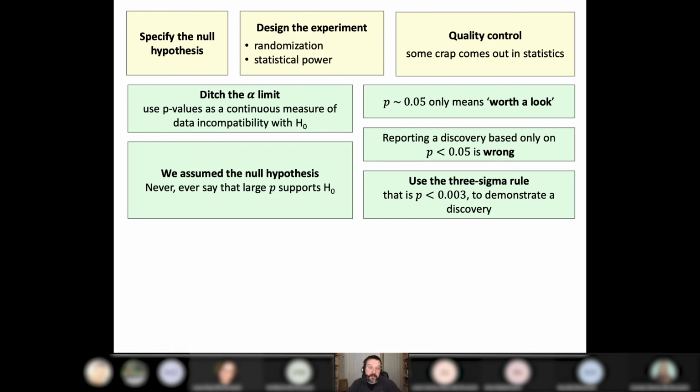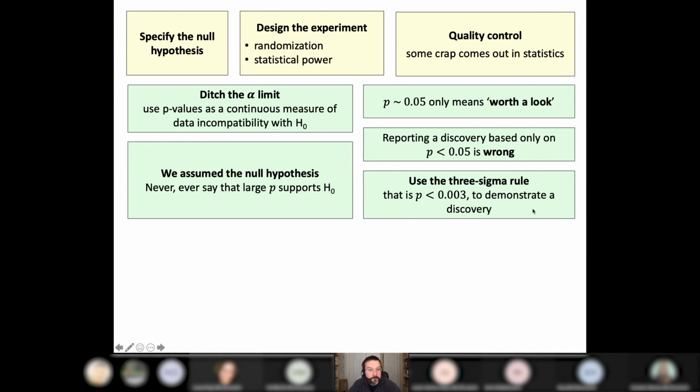A p-value could be just a measure of data incompatibility with the null hypothesis. And remember, we assume the null hypothesis. You never ever say that a large p-value supports the null hypothesis. If you get a p-value close to 5%, it only means worth a look. It's not a real result. Reporting a discovery based only on a p-value less than 5% is simply wrong. You need follow-up experiments. You need validation, independent validation. If you want to demonstrate your discovery using only p-values, you have to use a much more strict rule, for example,